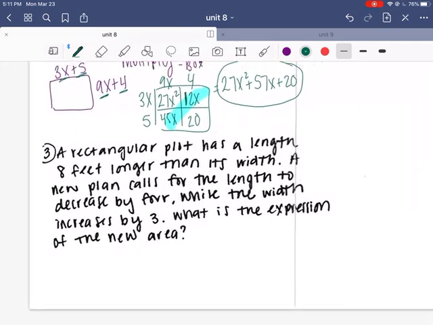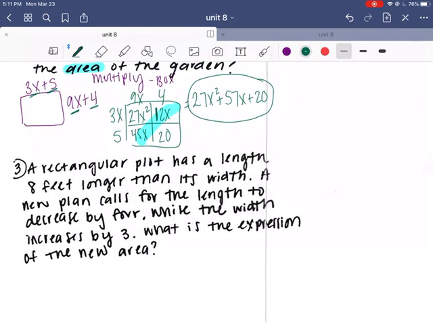Moving on to number 3, a rectangular plot has a length 8 feet longer than its width. A new plan calls for the length to decrease by 4 while the width increases by 4. What's the expression of the new area? So let's model the old area and then figure out how I would be changing it for the new. So for the old,